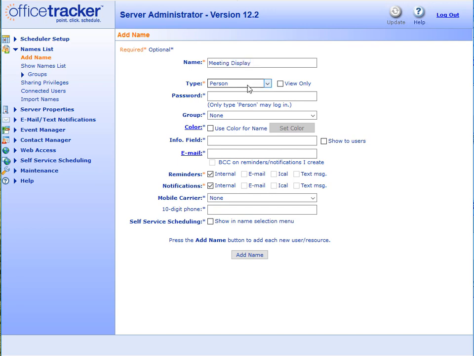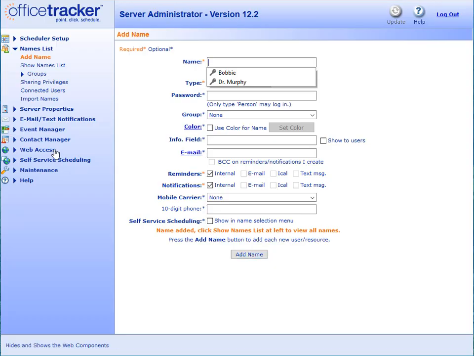Using the type Person allows you to have an assigned user log in as Meeting Display to make changes to the projected schedule views at a later time. Next, click the View Only checkbox and set a password up if desired. Click Add Name. Now, click on Web Access,